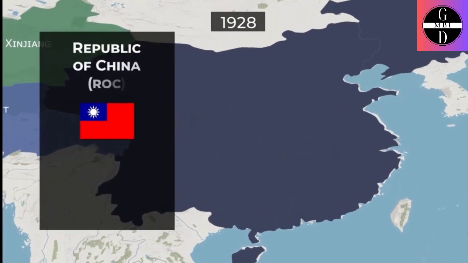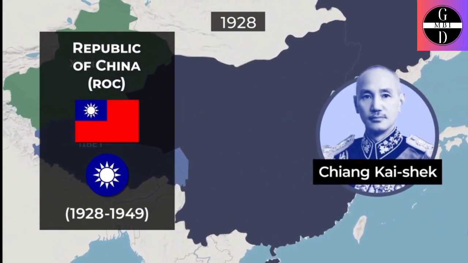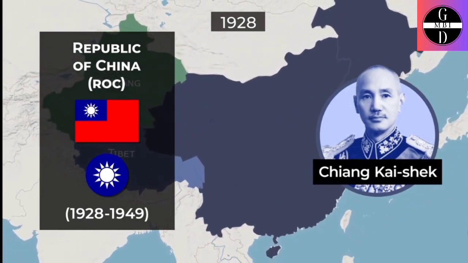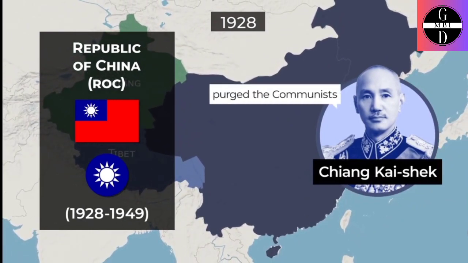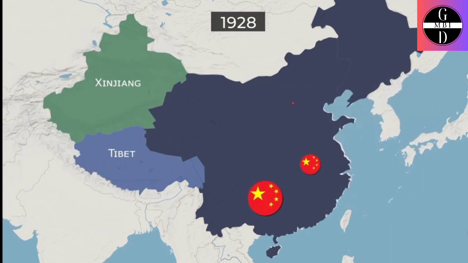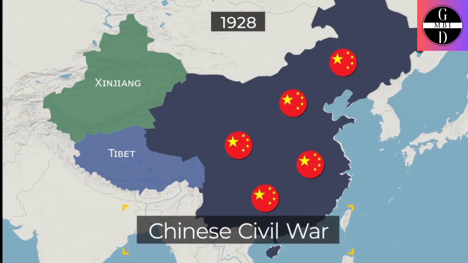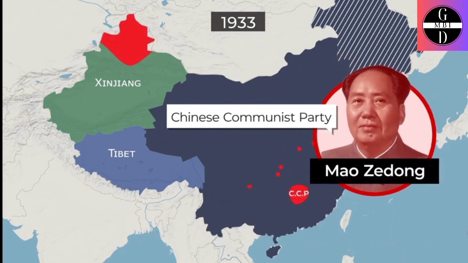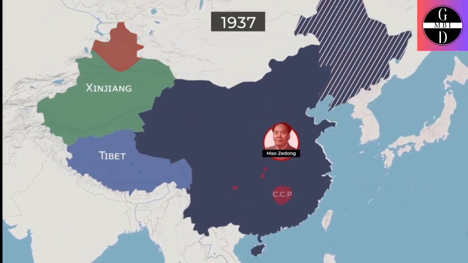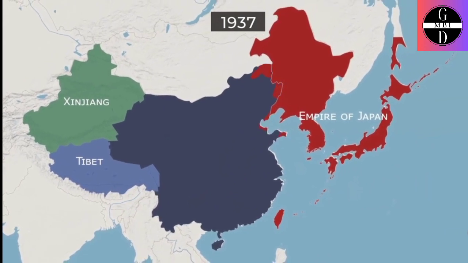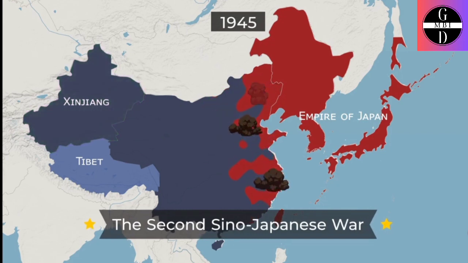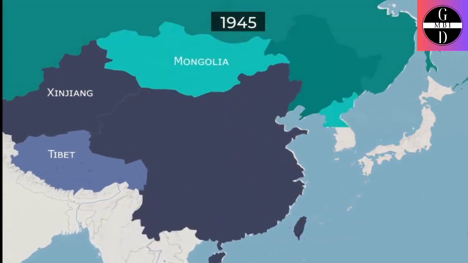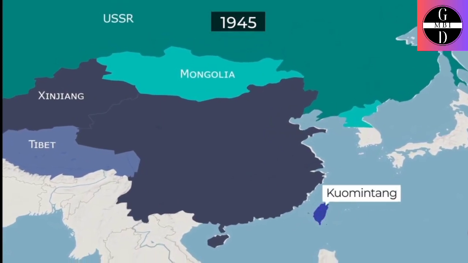From hereafter, the Kuomintang, under General Chiang Kai-shek, ruled the Republic of China as a one-party state and then relentlessly purged the communists. In response, the CCP led armed rebellions, marking the outbreak of the prolonged Chinese Civil War. The war began the ascent to power of Mao Zedong as leader of the CCP. From 1937 to 1945, hostilities were mostly put on hold when the two parties joined forces to resist the Japanese during the Second Sino-Japanese War. After Japan's surrender at the end of World War II, the KMT-led Republic of China took